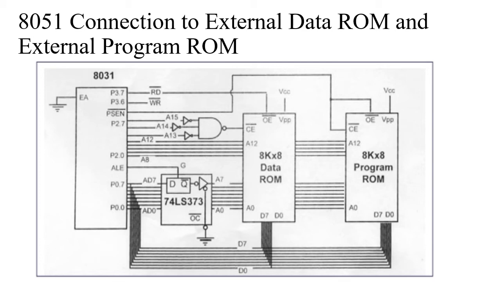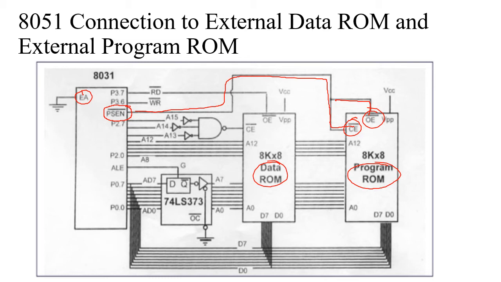Here in this particular slide, it is the combination of the previous two discussions. That is, we will be having both the data ROM as well as the program ROM. In this case, for program ROM, we need the external access pin to be grounded, and we need the program store enable pin to be connected to chip enable and output enable, that we have done using this particular pin. We have enabled the chip as well as we have used it for read operations.